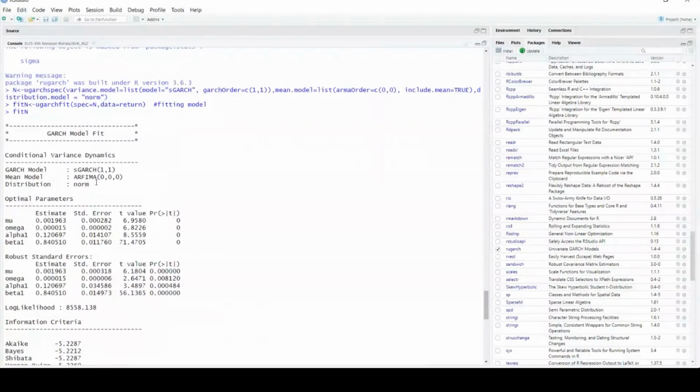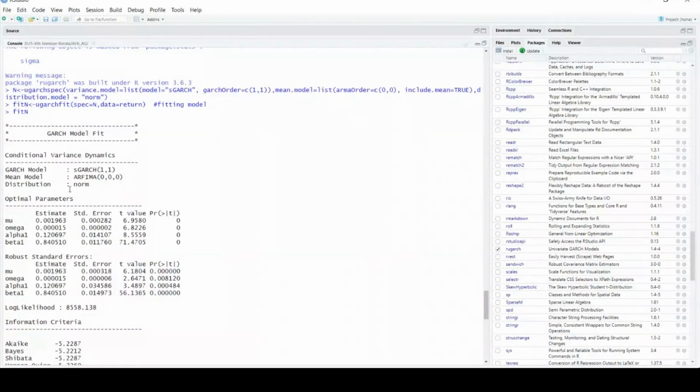When we read papers or do the analysis, we should first understand what the results are saying to me, and how we can improve further if required. As you can see, this is the conditional variance dynamics of the GARCH model. My model is sGARCH(1,1), the mean model is ARIMA(0,0,0), and the distribution is norm, that is, normally distributed.